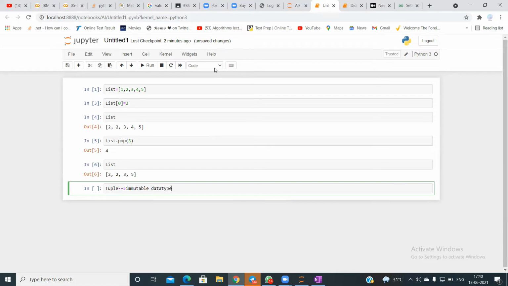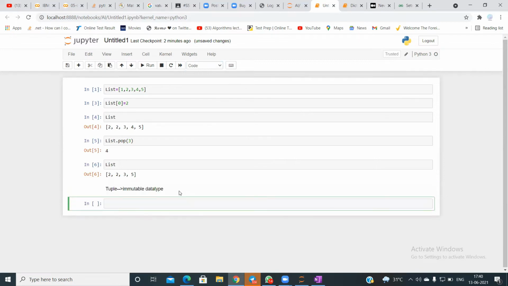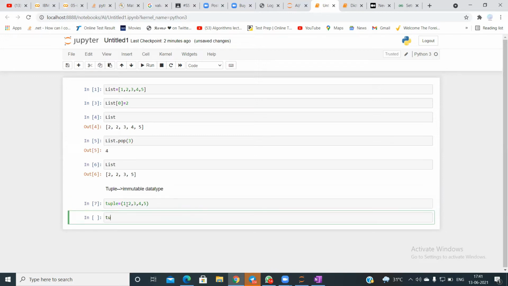So what do I mean by that? Let me just give an example. You create a tuple using round brackets, the same way as you create a list.